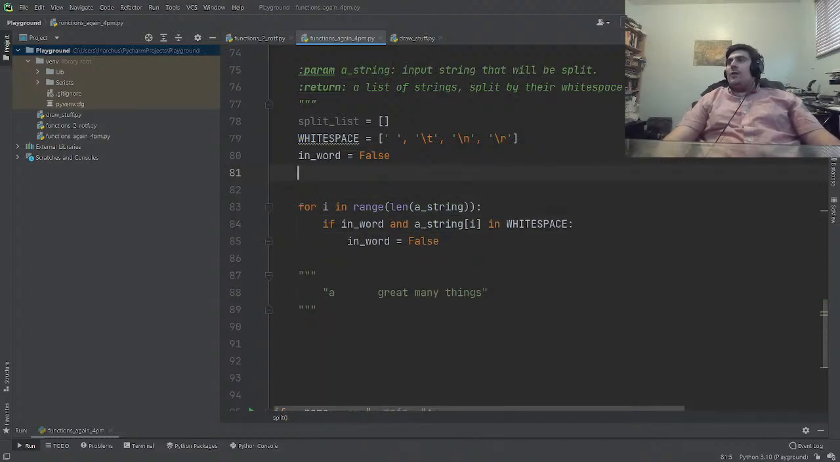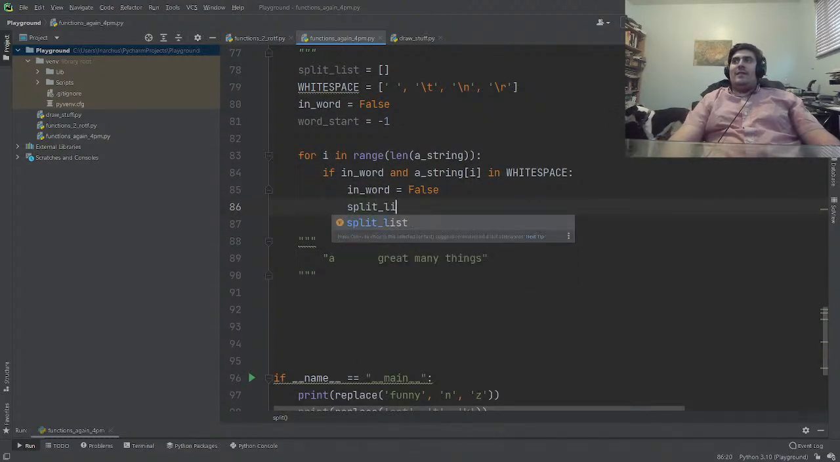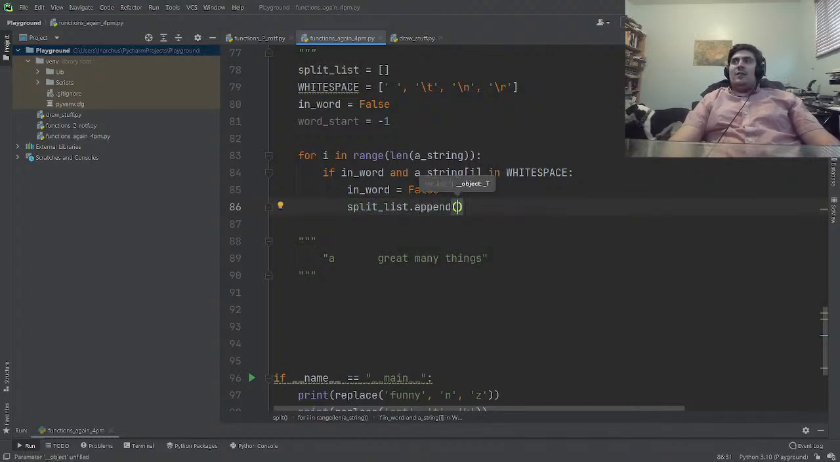And actually, I think we also need a new variable. We need to remember the word start, right? Let's say word_start equals -1, just for now. Okay, so what we're going to do here is split_list.append, and then here's something we have to think about. Remember that string i is white space. So given that string i is white space,